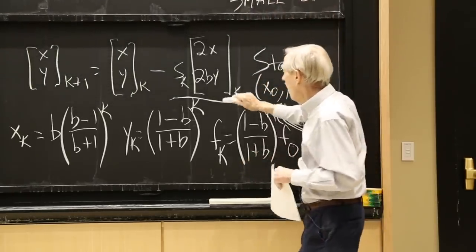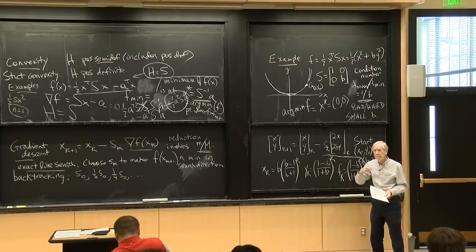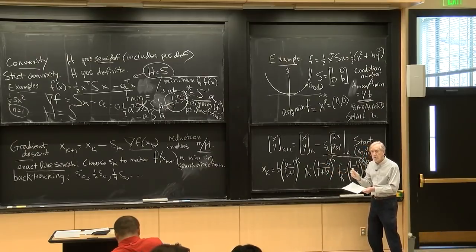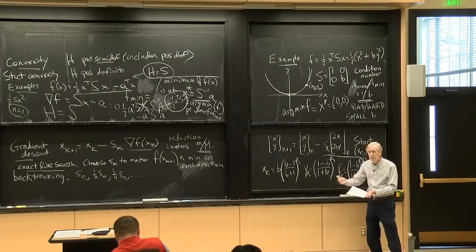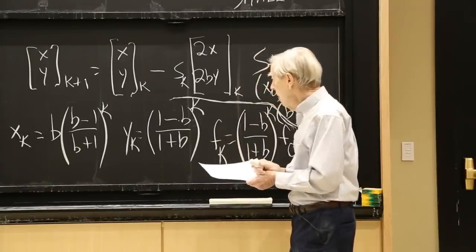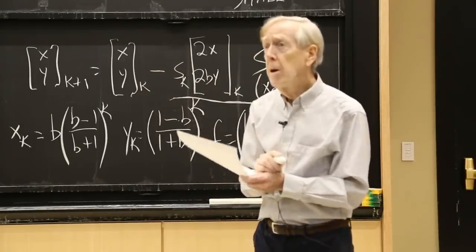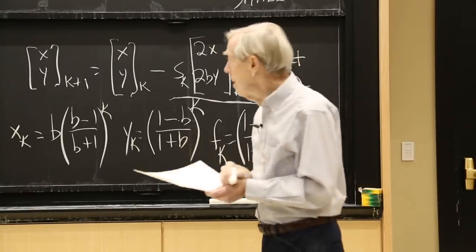Because when b is small, that ratio is very near 1. So it's below 1. The ratio is below 1, so I'm getting convergence. I do get convergence. I do go downhill. But what happens is I don't go downhill very far until I'm headed back uphill again. So the